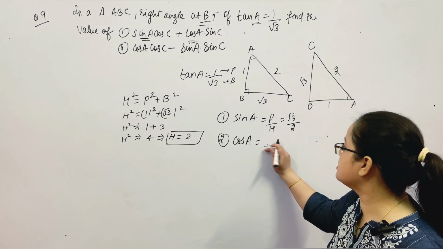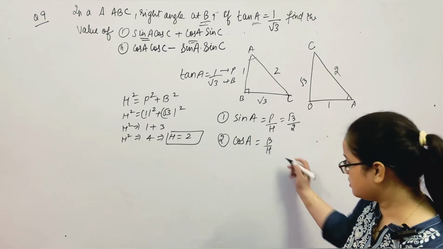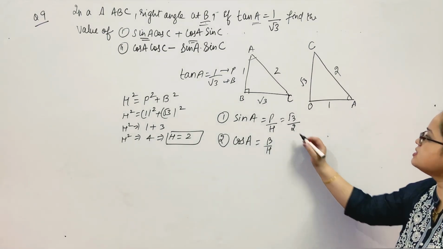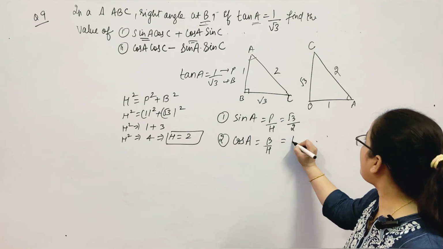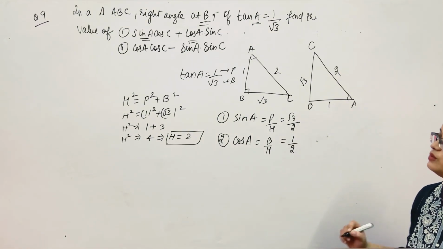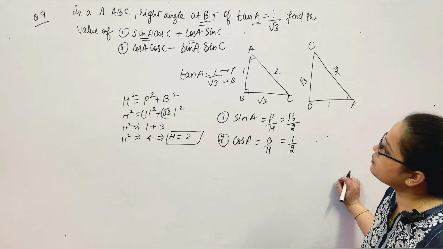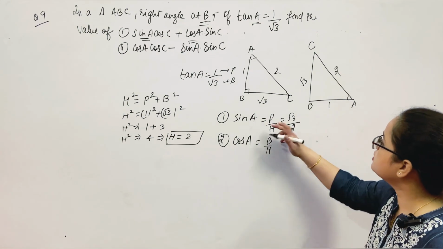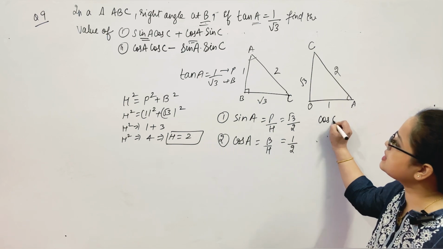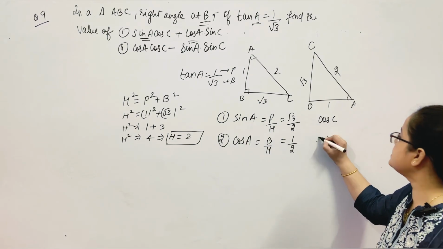Similarly for cos A, perpendicular it's base over hypotenuse. Base is 1/2. Okay, now we have to find cos C and sin C,